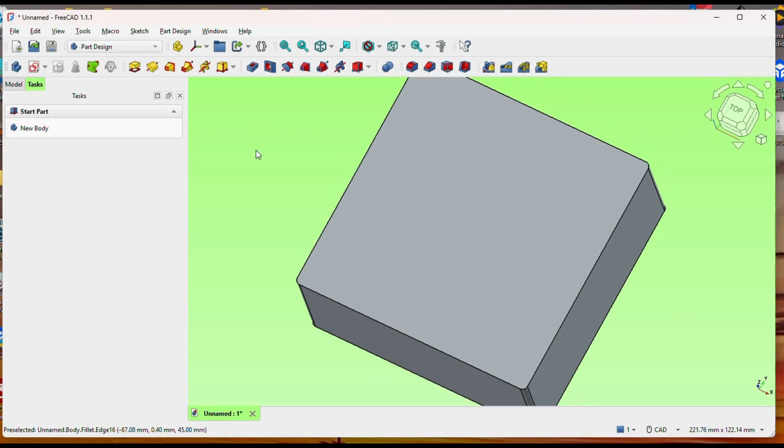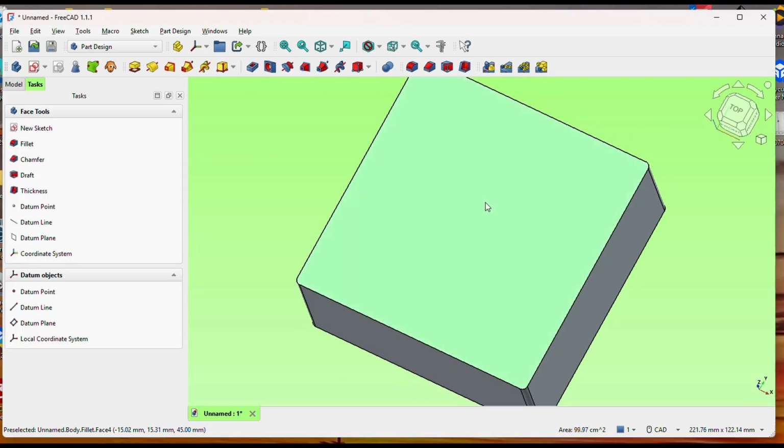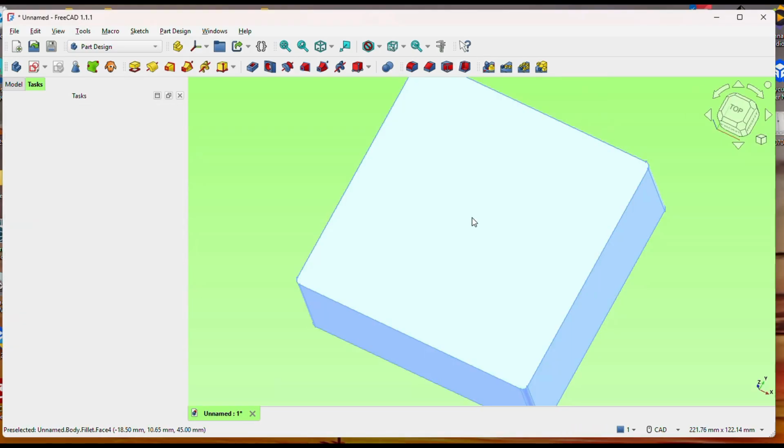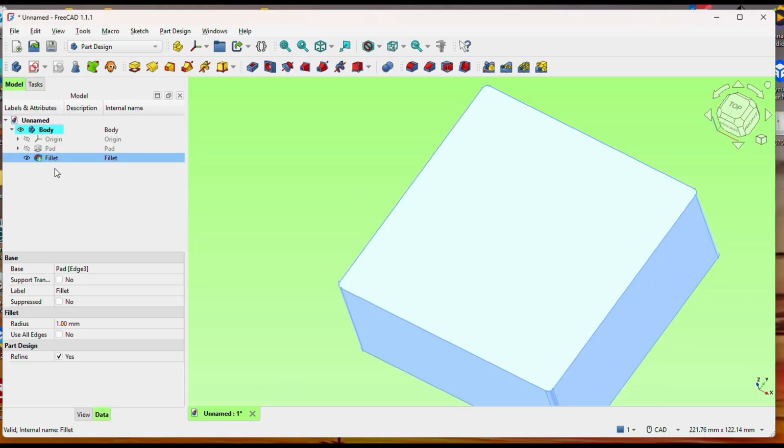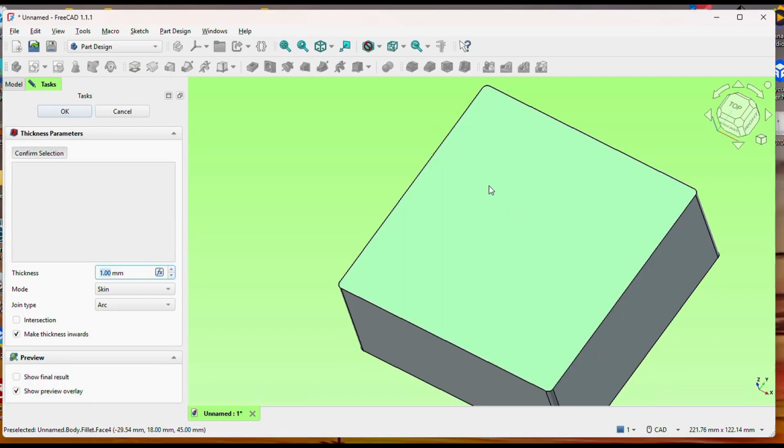So what we're going to do here is I'm going to select this face and I'm going to go over here to these tools, and this one is your thickness. We're going to apply the thickness to this box. So there you go. Let's go there. The model, come here. Does this to me all the time. Thickness, there, we're going to go